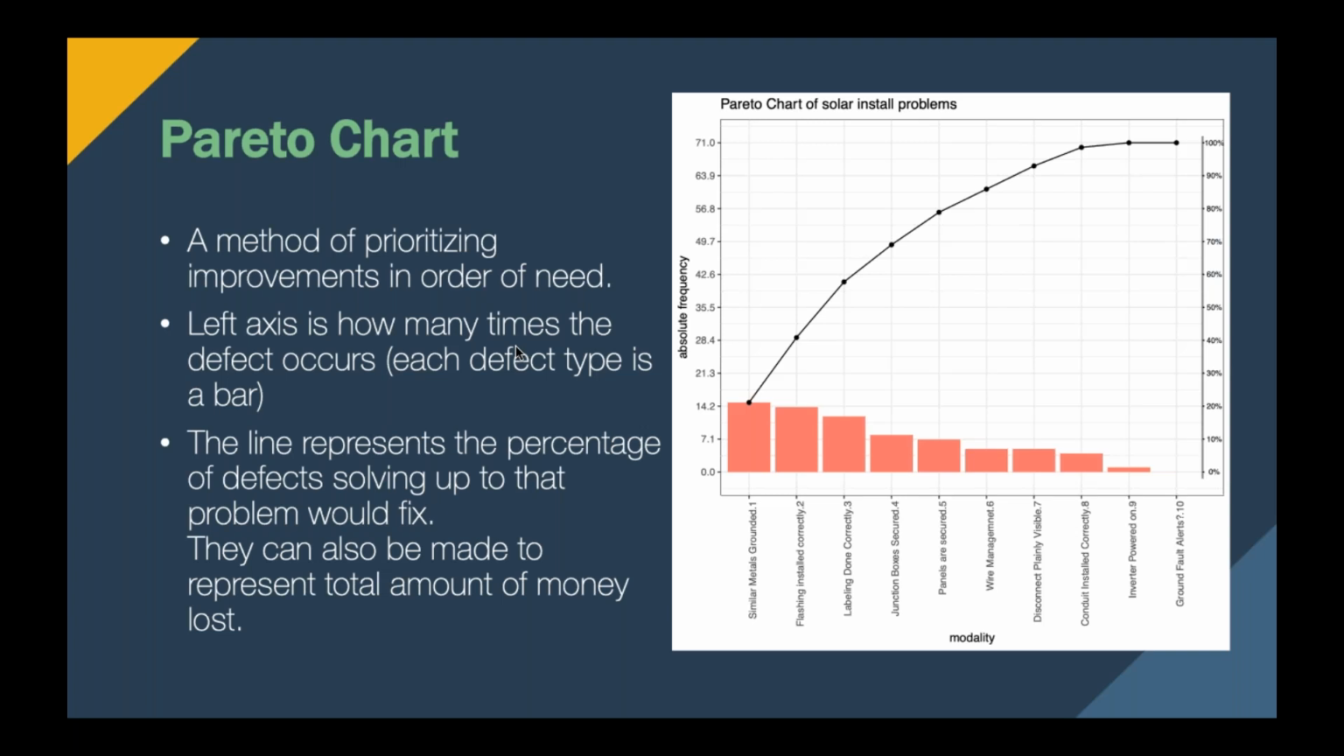Oftentimes I feel organizations don't actually quantify which of their problems are the worst, because some problems just feel worse. Some problems feel like they're lighting the place on fire when it only happens once a year, and some problems slip under the radar when they are actually happening every day. On the left side of this Pareto chart is the absolute frequency, the number of times a problem occurs. On the right side is the percentage of total problems that